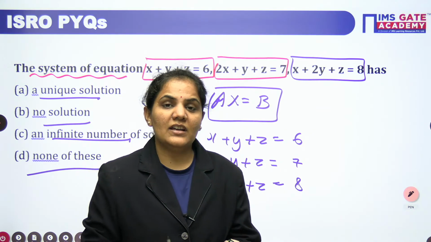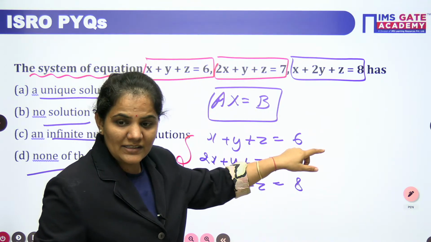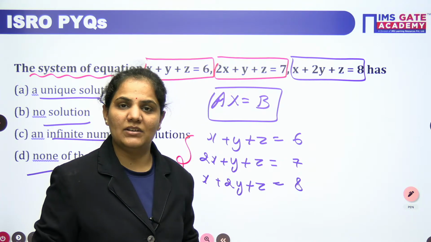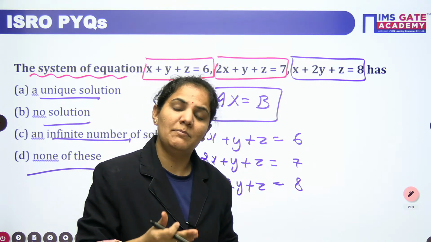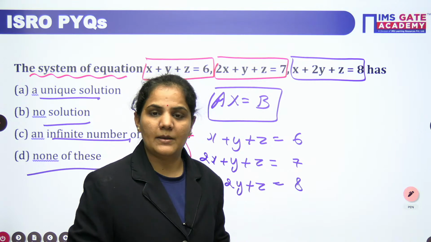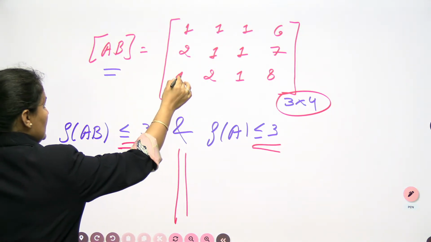So it's not that we have a question and directly write the solution. We are having a detailed discussion on each and every question, so that if in the exam you have a similar pattern of question, you will not feel any difficulty in that particular approach. Okay, so here I can see the rank is less than or equal to 3 for A